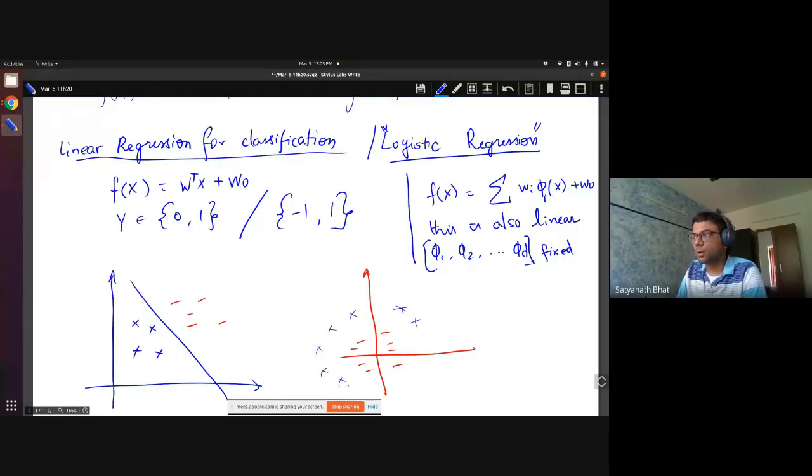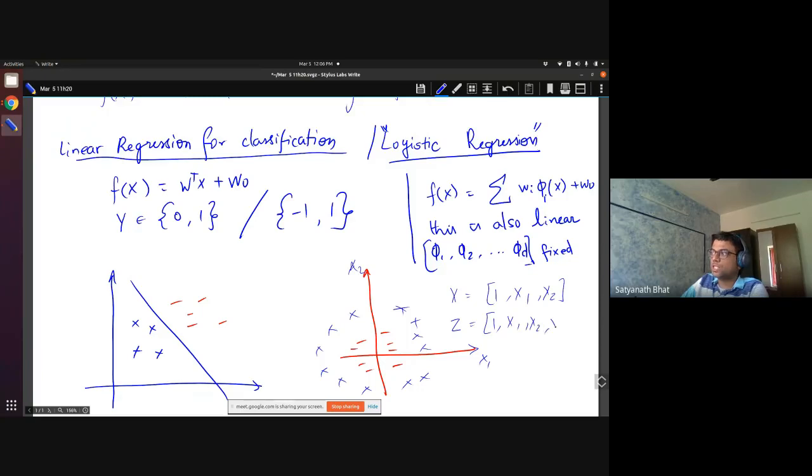Then you cannot use perceptron on this data, right? We cannot use. So this is your x1, this is your x2. So what you can do is put this in a higher dimension, which means I will create new features. My original feature x was 1, x1, x2, right? I can create a new feature, which I will call z, which is 1, x1, x2, then x1 square, x2 square, and x1 x2. So given every point, I can create a corresponding z.